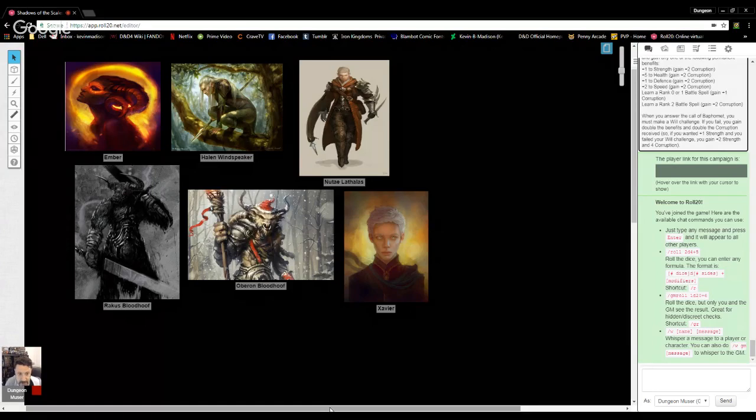What it was, was that there was some kind of magical mishap that happened on the first session of one of his campaigns. And as a result of that, when a player wasn't there, the character just sort of faded into the ethereal plane. And I love that idea. I think it's a genius idea of explaining why a character's not there. You don't have to worry about another person playing that character.